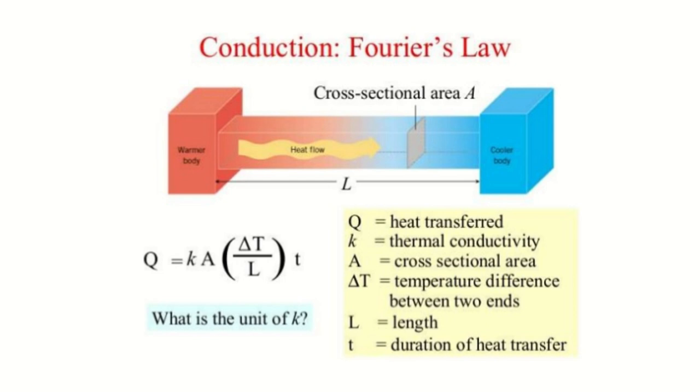The governing law for heat conduction is Fourier's law. We know from Fourier's law, Q is equal to kA delta T over L multiplied by the time. In the rate form, it will be Q dot. Q dot is equal to Q over t, right? The energy divided by the time gives you the power. And you also know the unit of thermal conductivity.